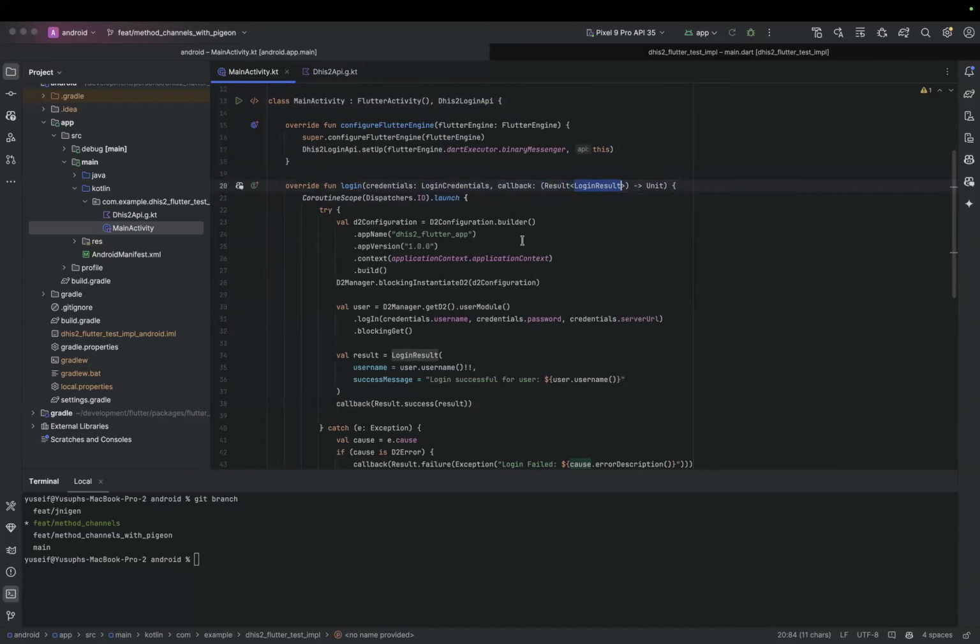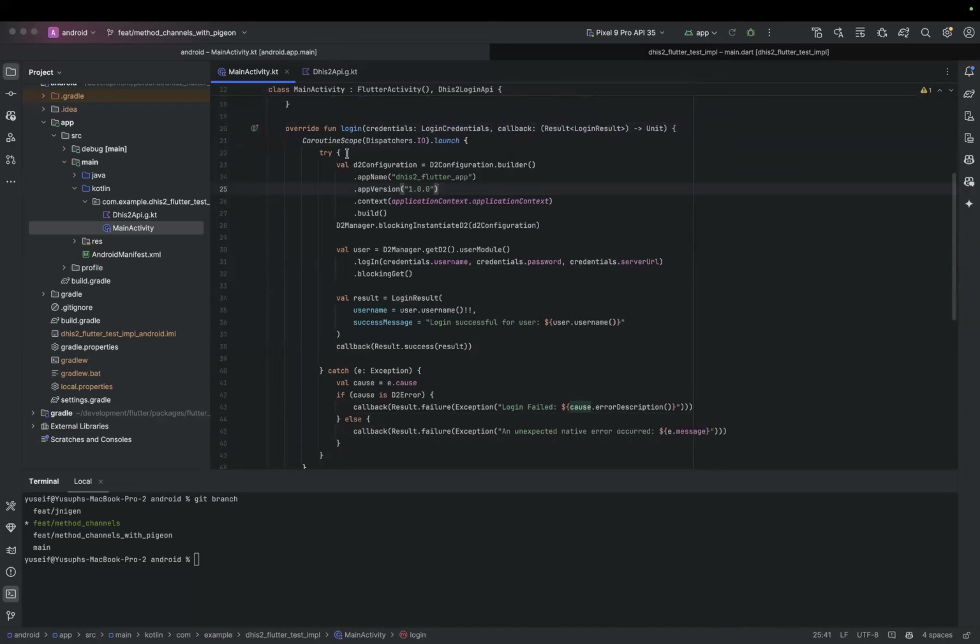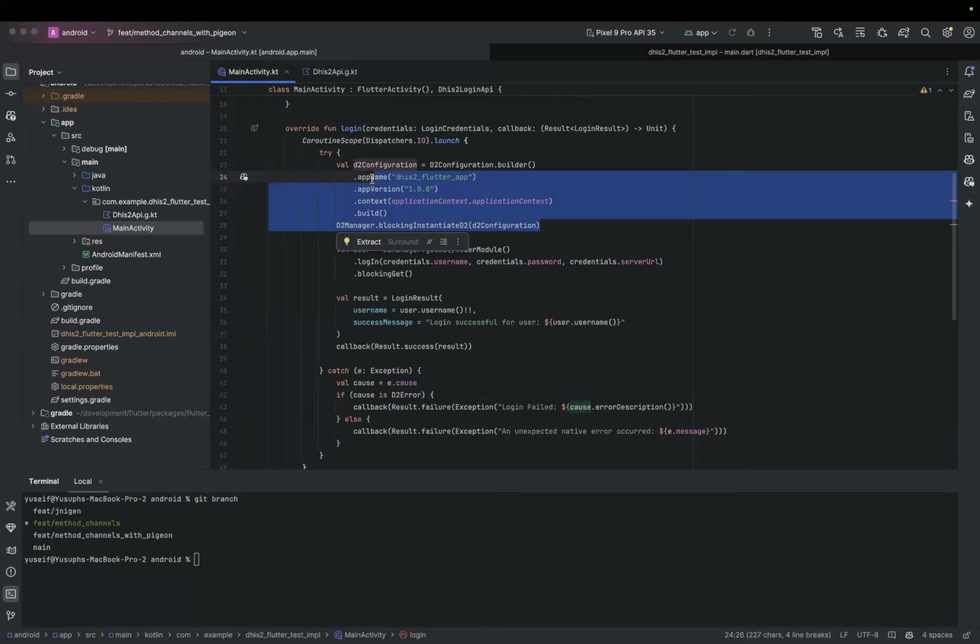back to the dashboards. So inside here we use coroutines to make sure this code runs in the background, and then we instantiate the DHIS2 as usual, as what we did in the previous approach. So the rest remains the same, but what we have improved now is we no longer pass arguments or call functions using their names. Instead, we call functions as normal functions. We also pass in arguments as custom classes, which somehow reduces errors.